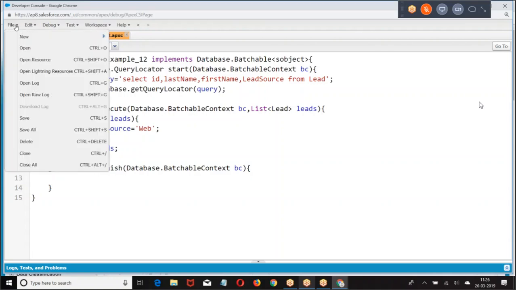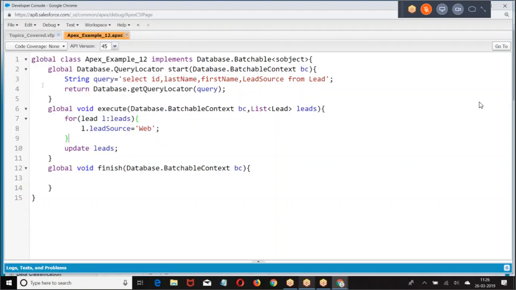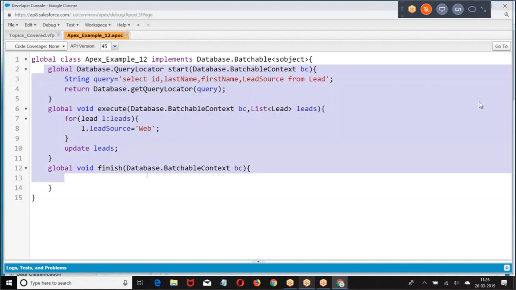If you want to test this, first, the batch operation is for what? Modifying the existing data. So what I was supposed to do is create test data. If you don't create test data, we cannot run.